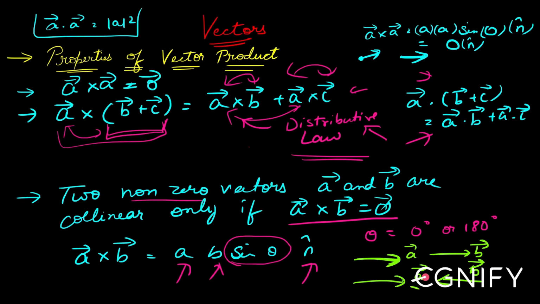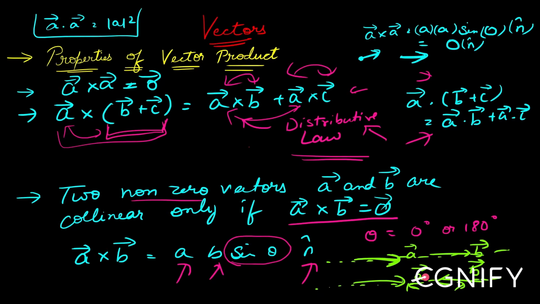Then the angle between this and this is 180, right? In both cases they are called collinear because they are along the same line. So collinear means the angle between them should be either 0 degrees or 180 degrees, right? So two vectors are collinear, or you can also say two vectors are parallel, if and only if A cross